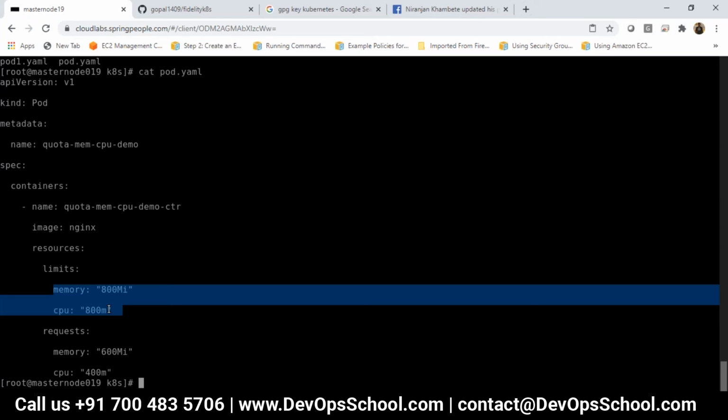So using Kubernetes, I can minutely control my environment. Okay, quota management I can do. All of you, is it clear or not?